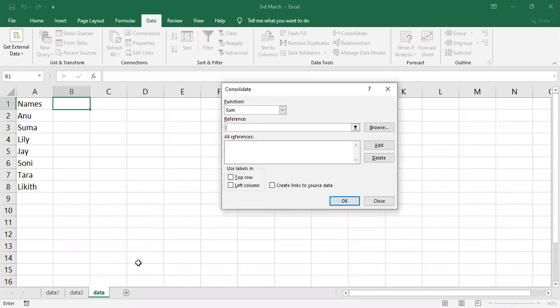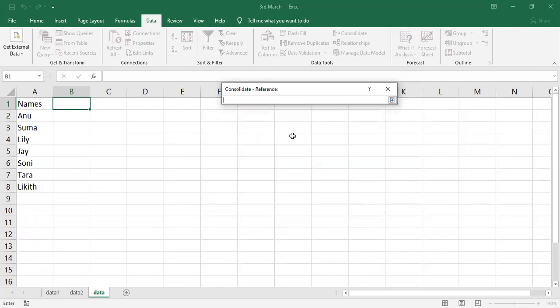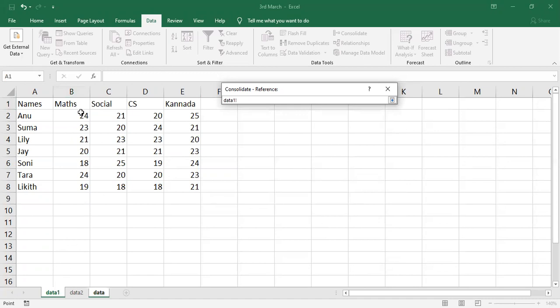Now I have data in 2 different sheets. So what are those sheets? Data 1 and data 2, right? So I'll select here reference. I'll select data 1.